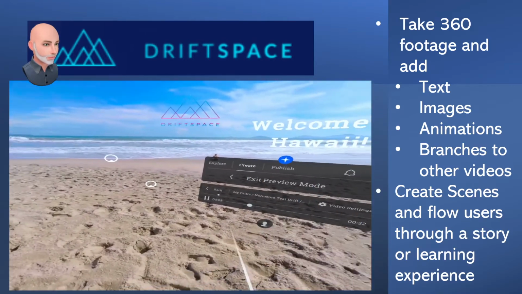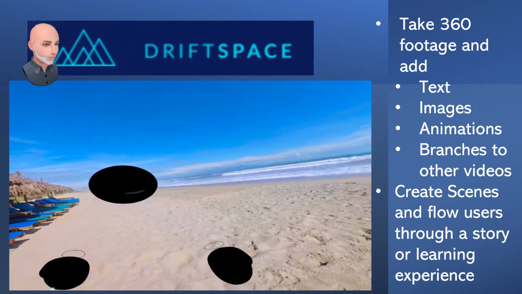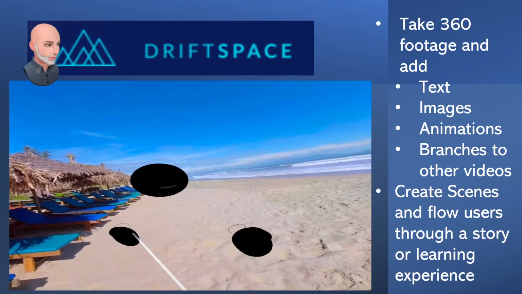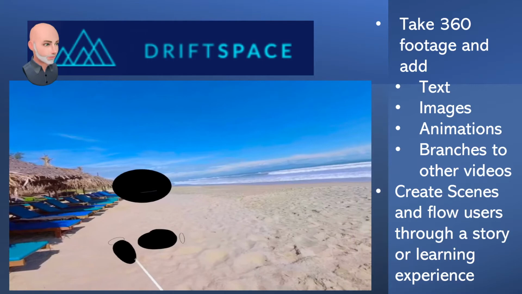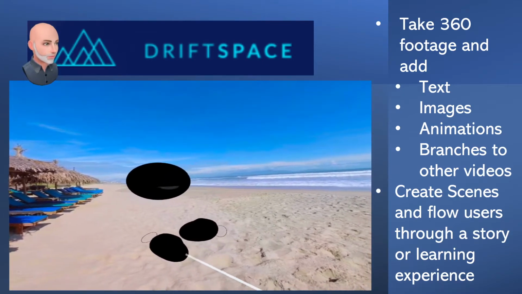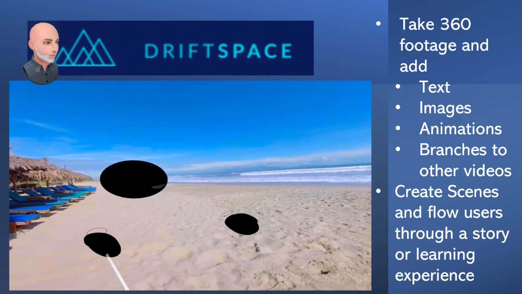So that gives you a pretty good sense of just what a simple drift can look like if you have 3 scenes and you link to them and you have a theme, obviously a trip to Hawaii or showing off different places you can go to Hawaii. And I can say that to build this entire drift, this entire experience, probably took